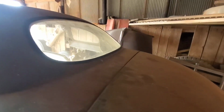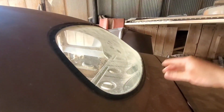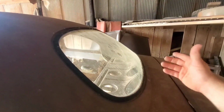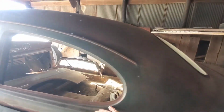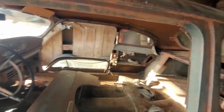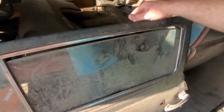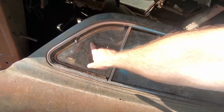I don't think there's really... obviously we're going to have to get new weather stripping, or the rubber around the windows. That's all going to have to be replaced around the doors. The glass here, I think some of this glass is probably going to have to be replaced. Probably it'd work for now, but as you can see really close, some of it...